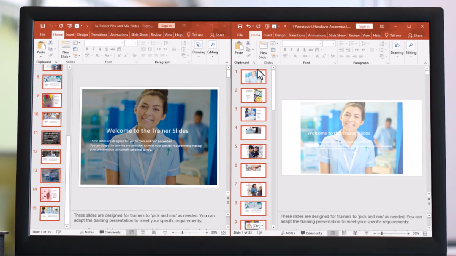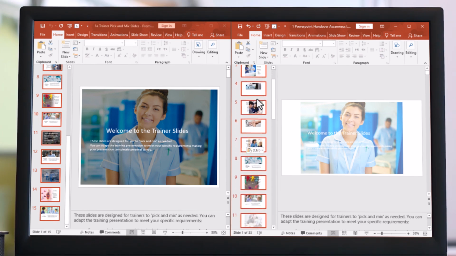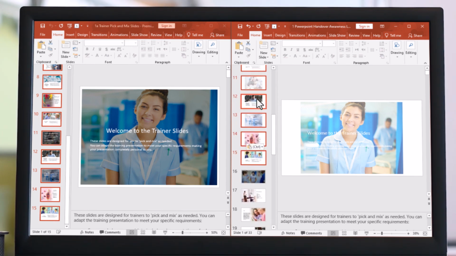And that's it. Now you know how to copy slides and move them between presentations, plus a time-saving trick to